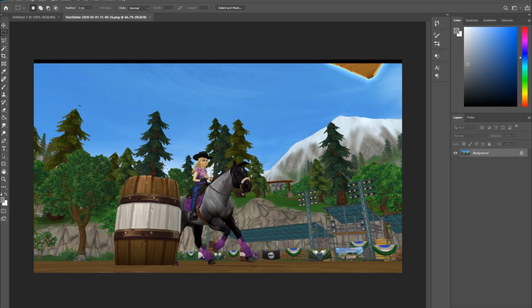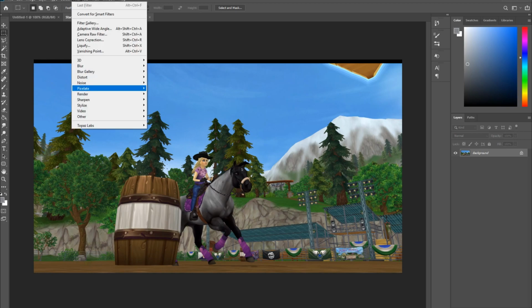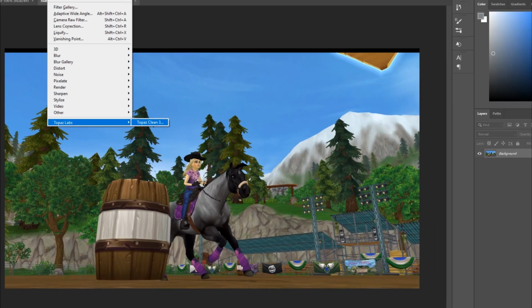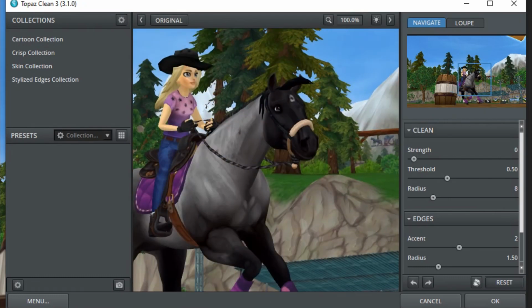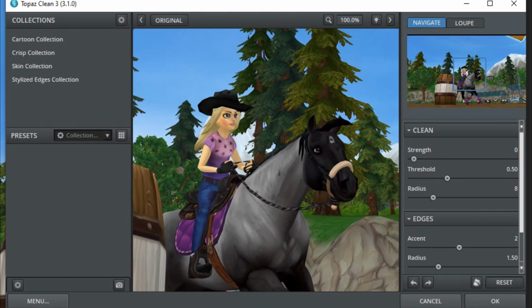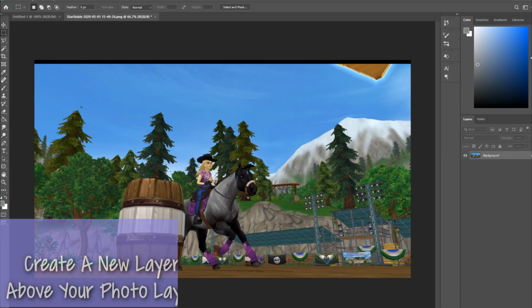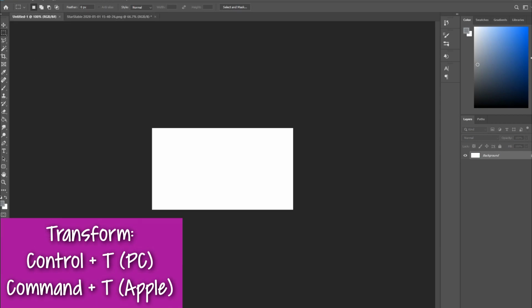So what I normally do is I have Topaz Clean 3, which has this feature in it where I can smooth out stuff, and I change accent to 2, and as you can see it sort of makes it less pixelated. I just like how it looks a little better. So I go ahead and I set that, and then I hit Control A, Control C, and then here is